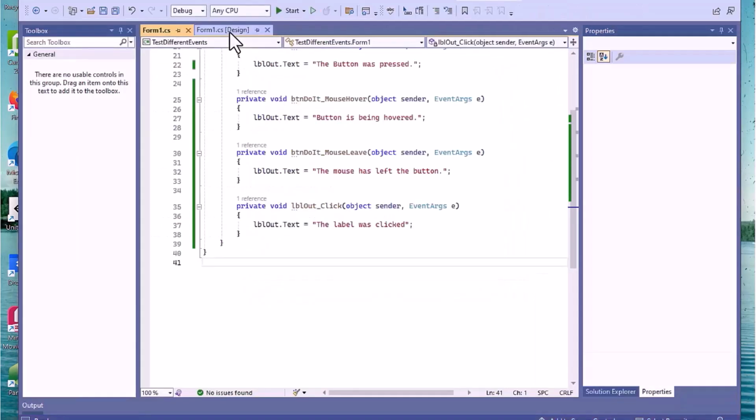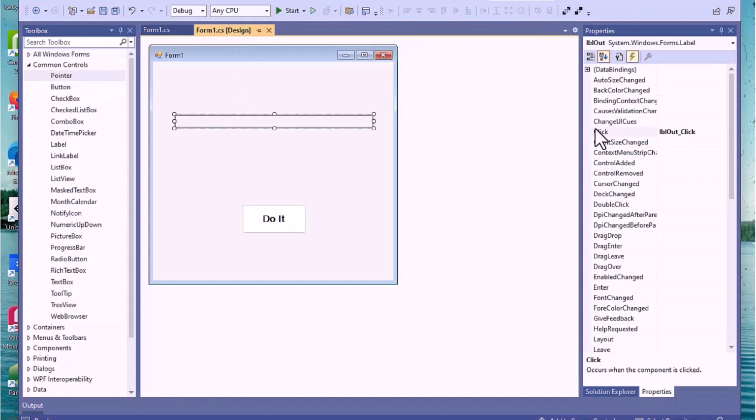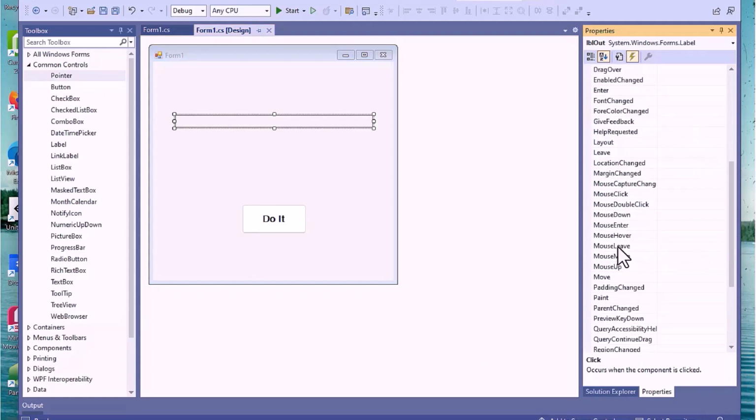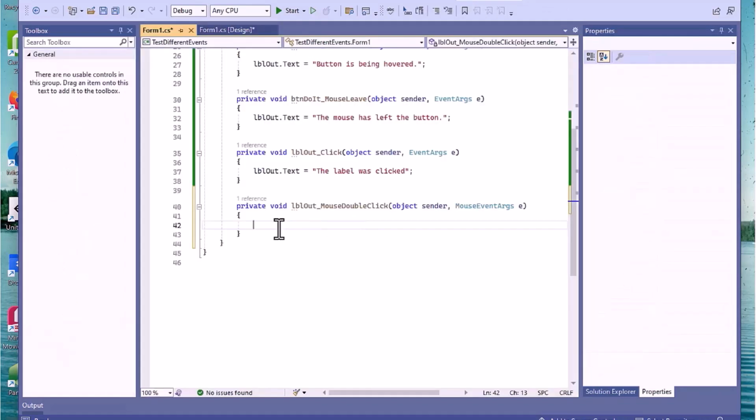we could go to the label itself and go to its properties and look at some of the other mouse events they might have. We have a mouse leave event here too, and a mouse up, a mouse move, mouse enter, mouse down, mouse double click. What happens if we double click it? Then we can say lbl_out.text is equal to "the label was double clicked",